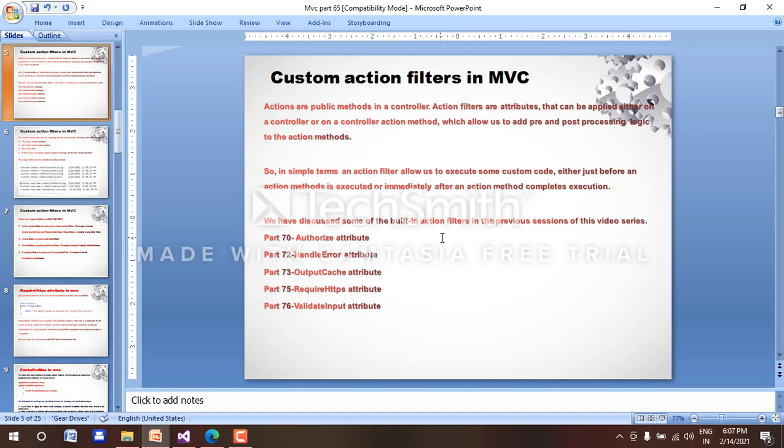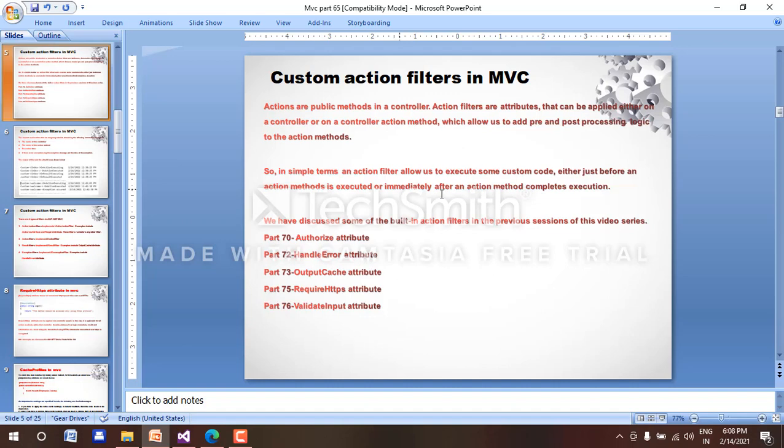In simple terms, an action filter allows us to execute some custom code either just before an action method is executed or immediately after an action method completes execution. It means you run the code before the method runs or after the method is processed.